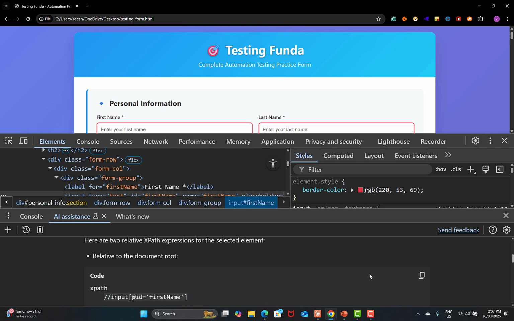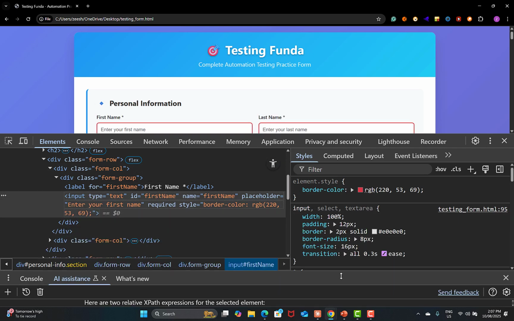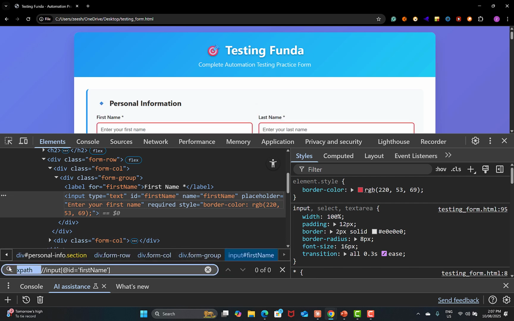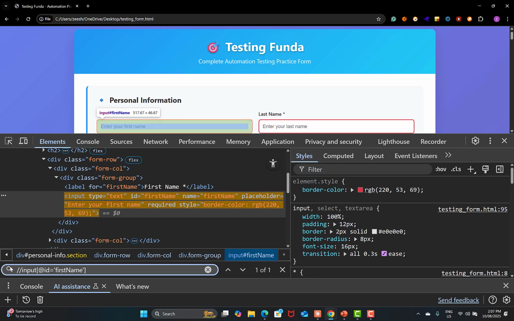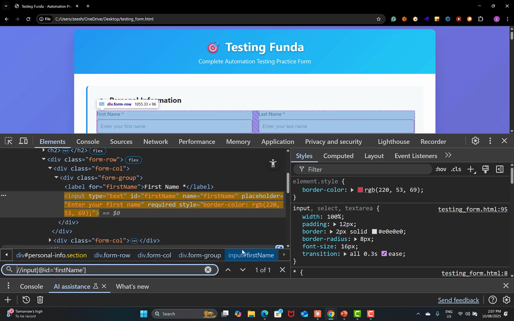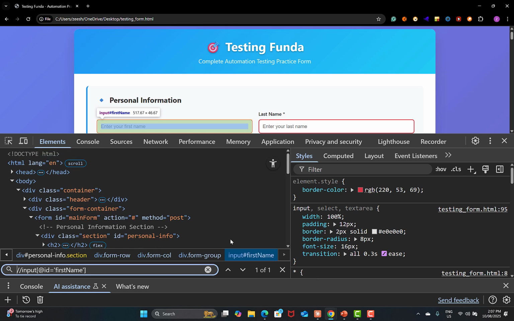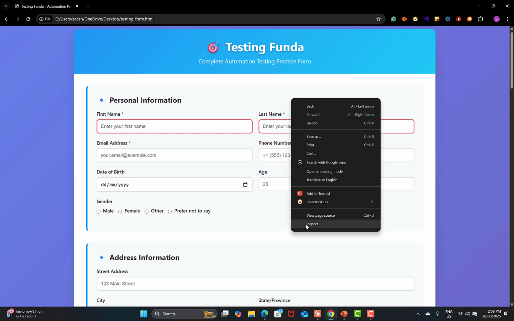access to the DOM. So if I copy this one and here, Control F, provide this one, remove this part, and you see that we have successfully identified one of one, right? And also, what you can do is provide the complete HTML for this one. So for that, if I close this one, we have view page source,